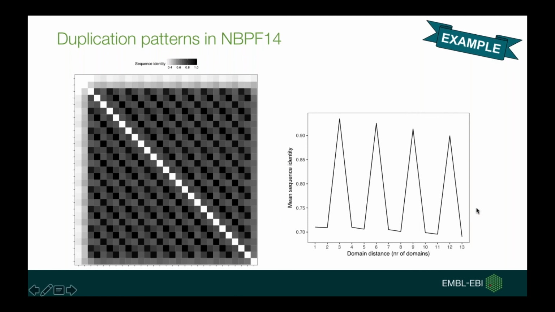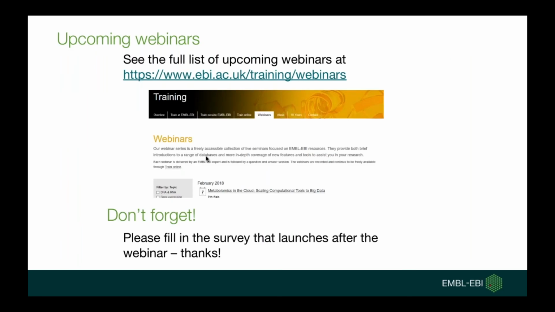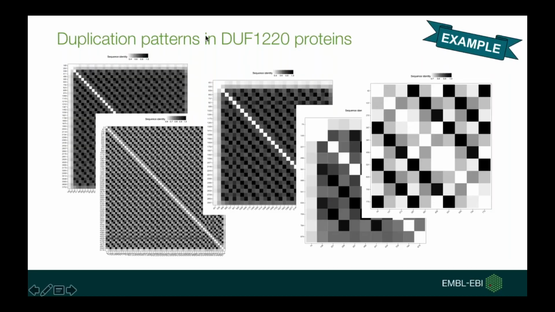So are the sizes of duplication units conserved in different families? No, they are not conserved. Some families have a very clear pattern. For example, here I had some extra slides. In this family, if you look at the duplication patterns of many different proteins, you can see that almost all of them are 3-domain repeats. But